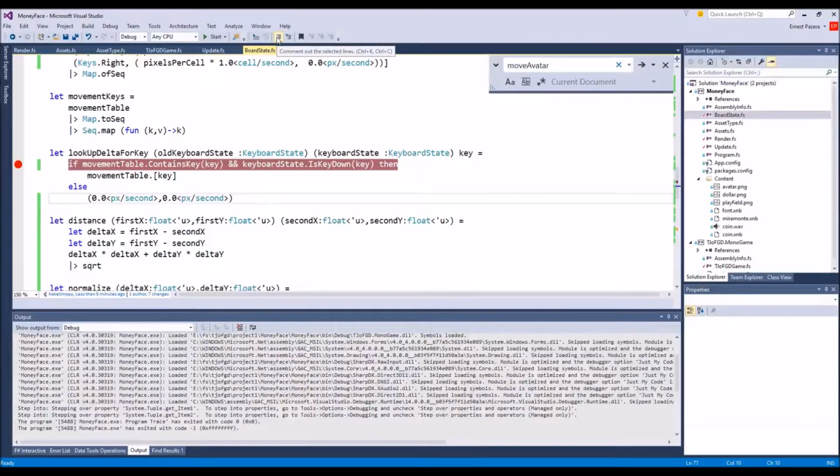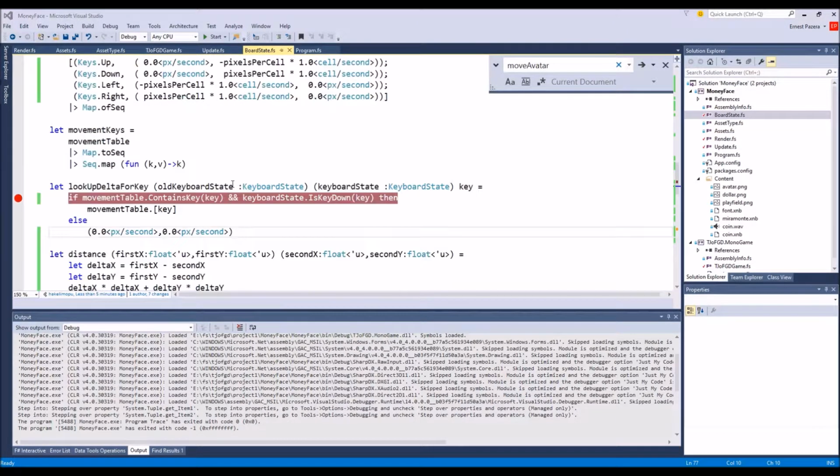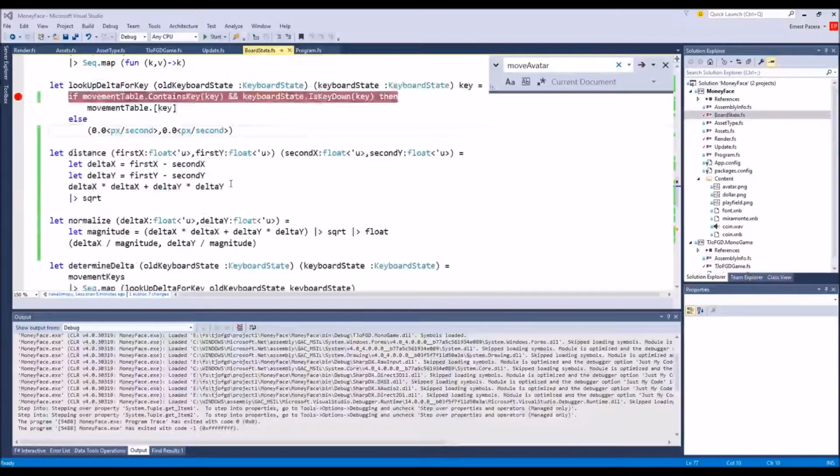I think this is one of those things where I may need to print fun it. So if the movement table contains a key and so what I wanted it to do is look up delta for key. So all those,